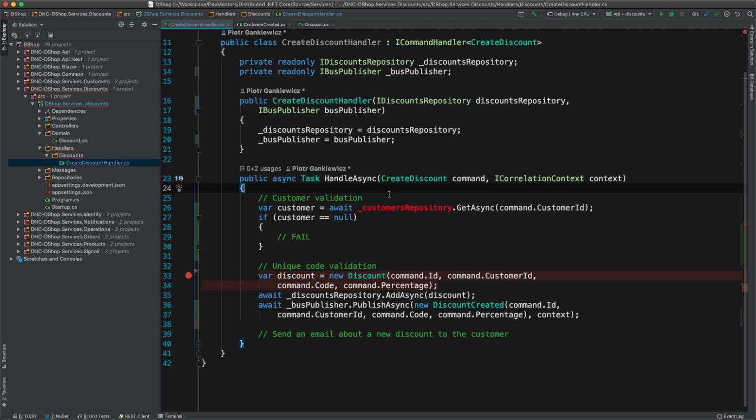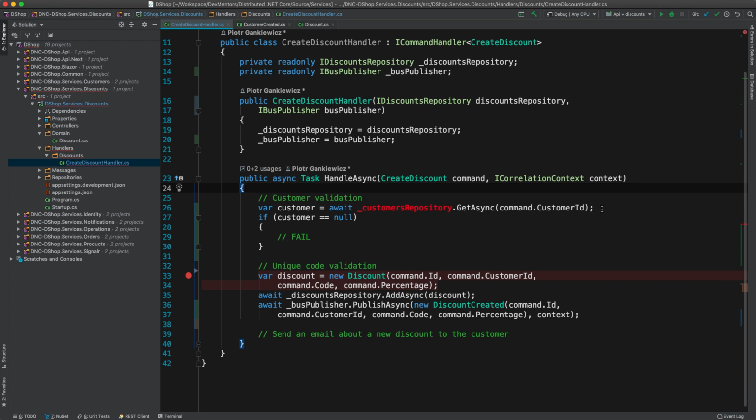So having this data inside the discounts, even though it's the customer, in this case it's fine. Yeah. So the reason why we are going to do this is very simple. When you are working with distributed apps, you want to have your apps being independent from each other. And we are not talking about references or some packages. We are talking about not using the other apps, other services via internal HTTP calls, or using as few